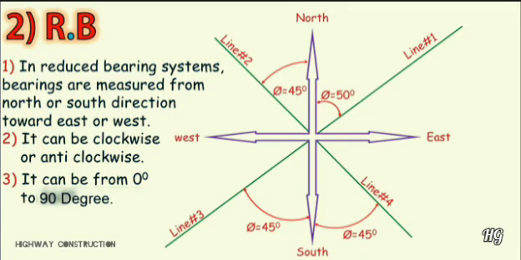In the whole circle bearing, the bearing is measured clockwise from the north, and it can be from 0 to 360 degrees. And in the reduced bearing system, it can be measured from the north or south toward east or west, and it can be clockwise or anti-clockwise. And its value can be from 0 degrees to 90 degrees. And that's the main difference. So in this video,